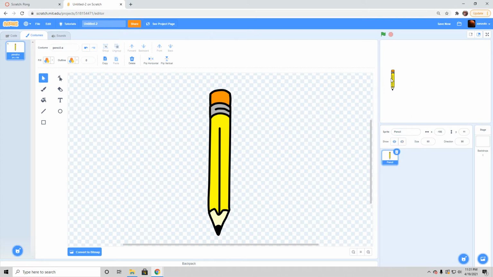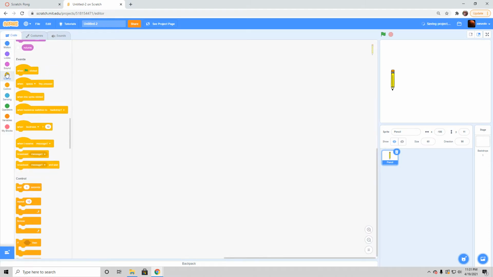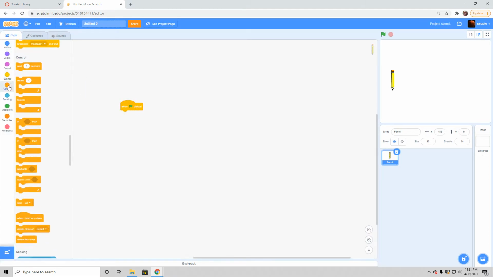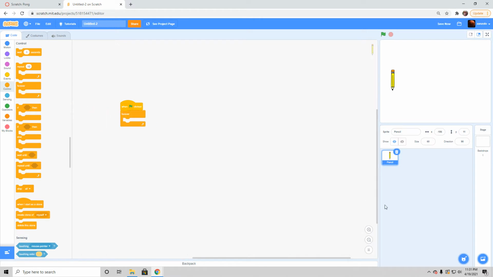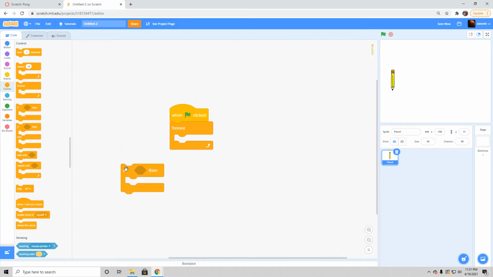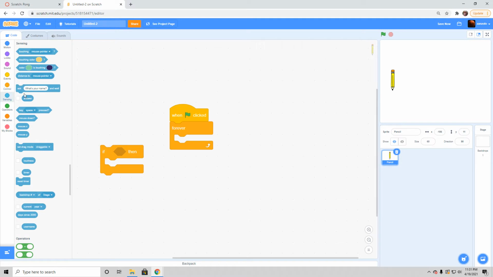All right, so we have one paddle. We're going to make the controls for the paddle. So when the green flag is clicked, we're going to do something the whole time that the game is running, over and over and over. We're going to check if, and let's say we're going to control this paddle with the W for up and S for down. You can pick other different things if you'd rather do that. So I'm going to get a sensing block, and we're going to check key space is pressed. So if